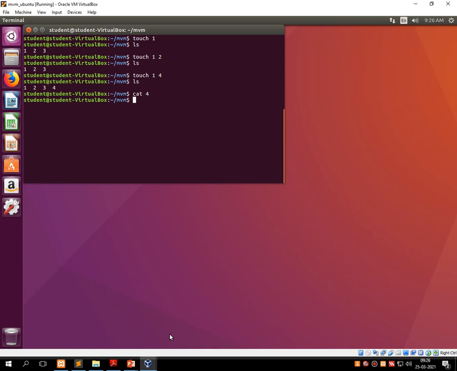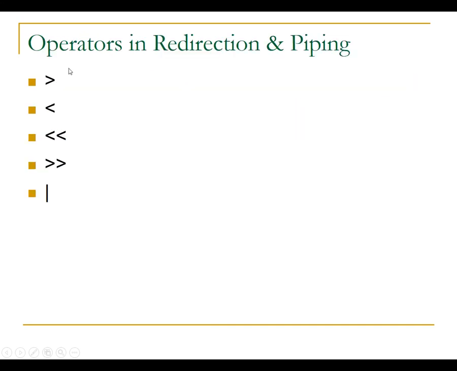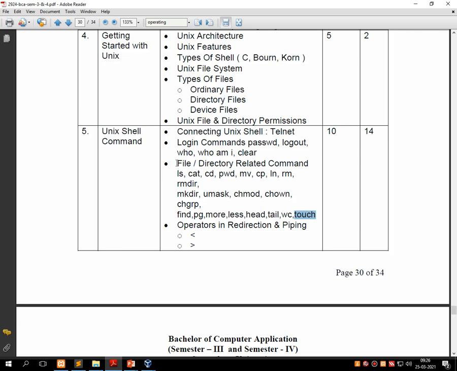So how can we see that? For that I think I have to fire the command called who, and you can see the current date and time over here onto the screen. So this is the purpose of using the touch command. Fine. So this was all about various types of file and directory related commands.